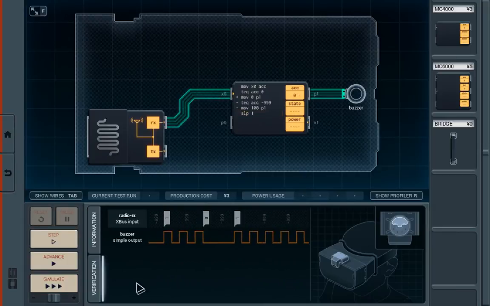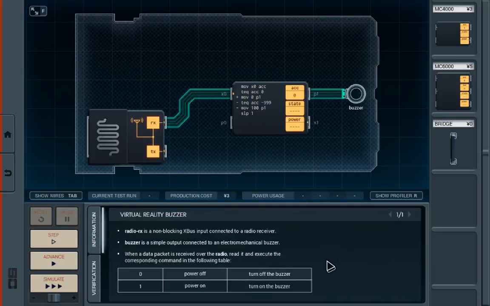Nope, it didn't turn off. Stop. Oh, it's supposed to blink when it's on. What? Where did I read that? It's a buzzer. I see. So if the buzzer is on,